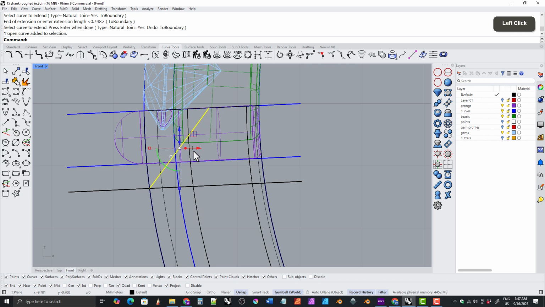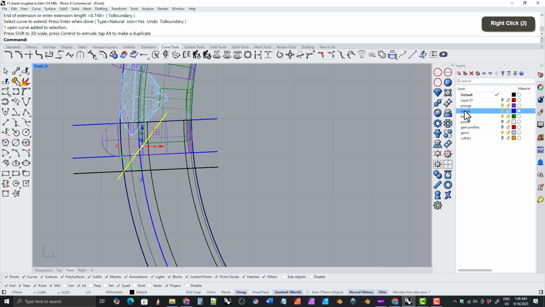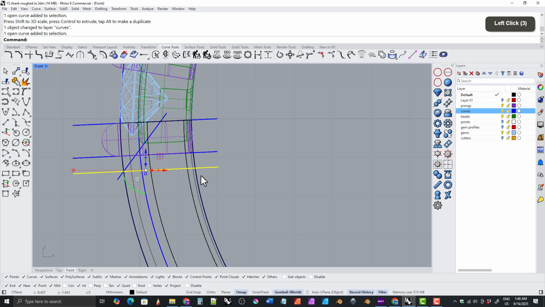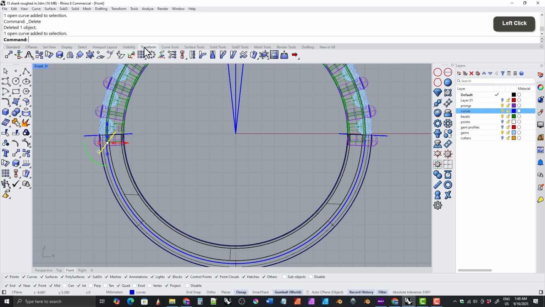Then we'll select the line, hold down Shift, and scale it up a little bit so that it extends past this line and past this line by a little bit. And we'll put this line over on the blue curves layer. And then we can delete this line, and we can delete this line right here. And then let's take this line and go to the Transform tab and mirror it across the Y-axis here in